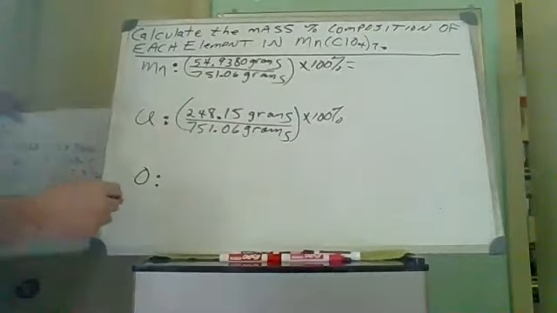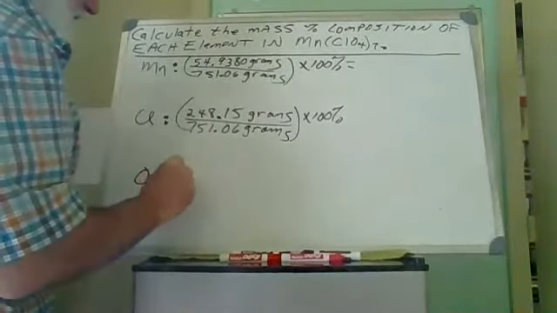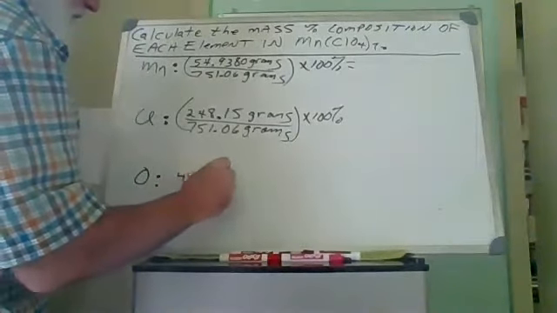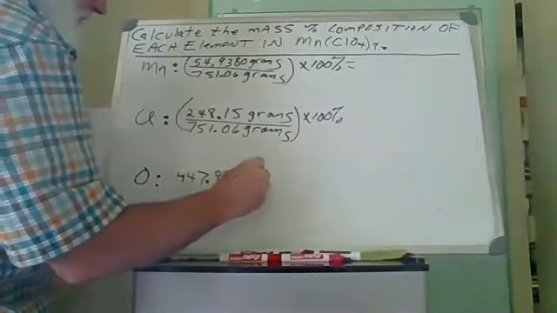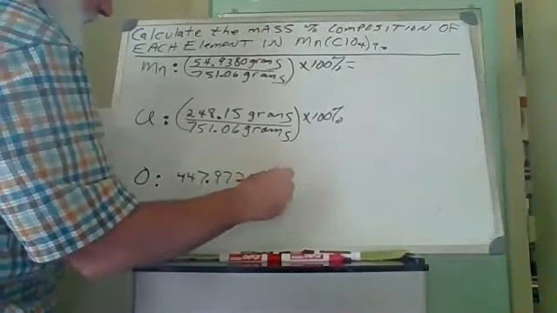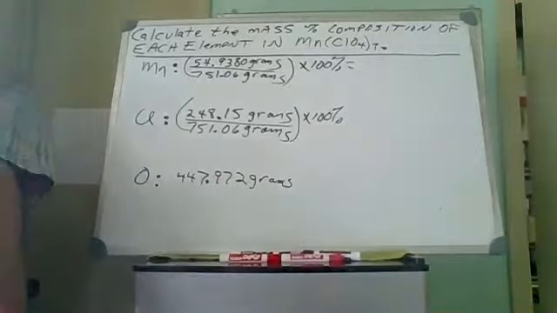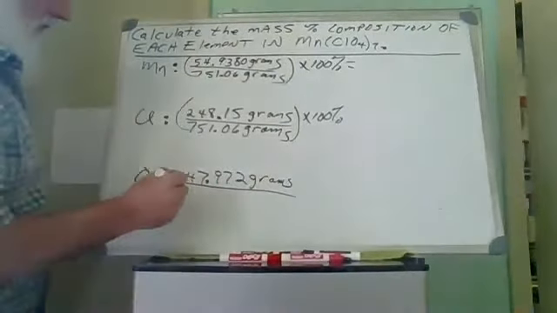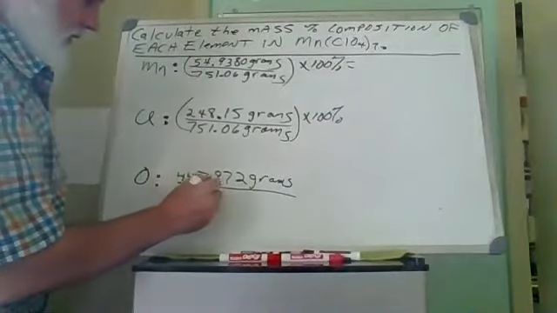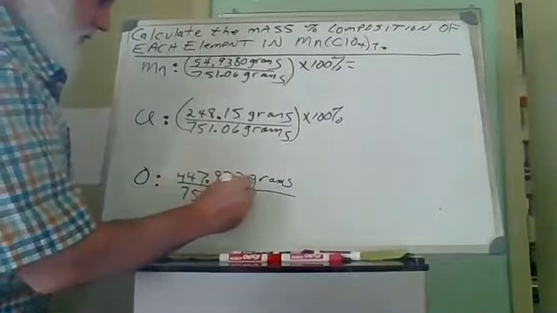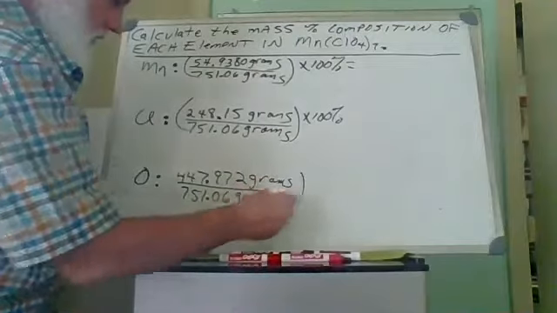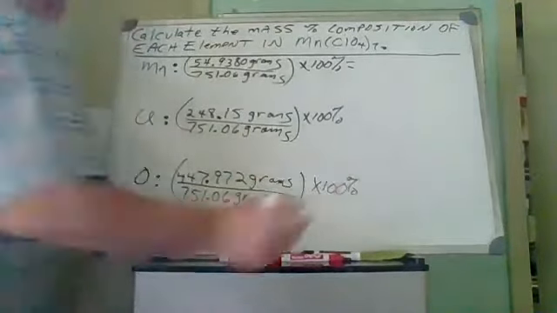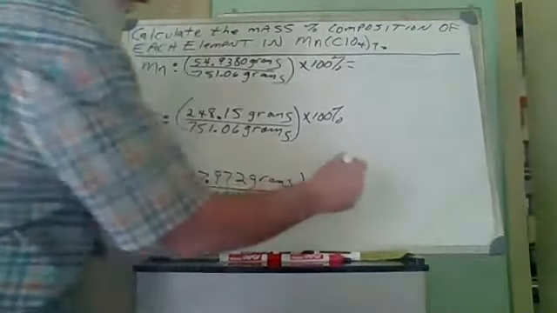And finally, for the oxygen, 447.972 grams divided by 751.06 grams times 100%. And before I pick up the calculator, I'm just going to double check and make sure all these